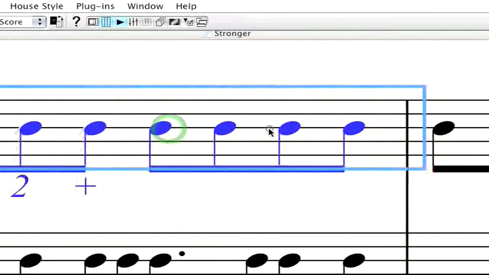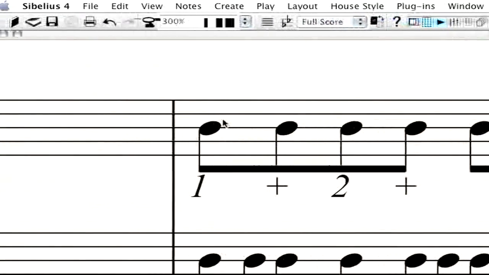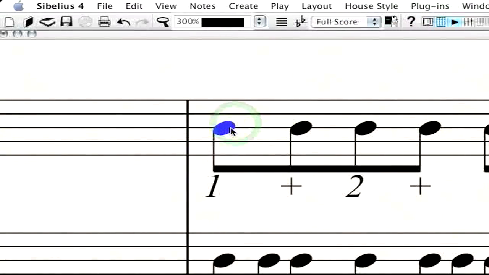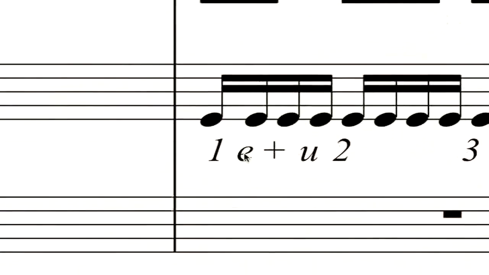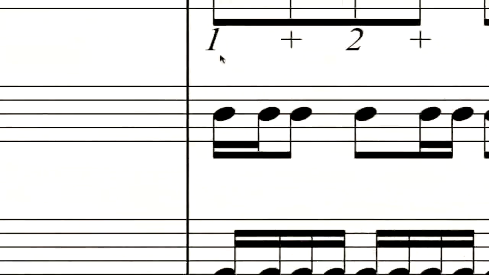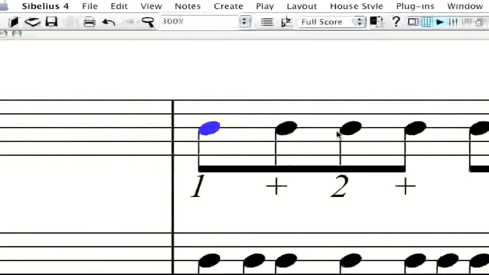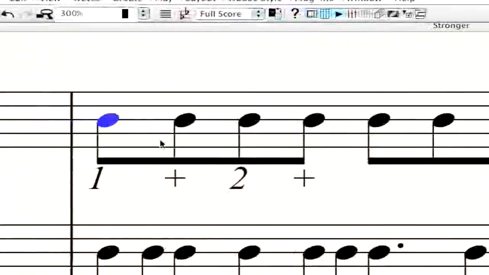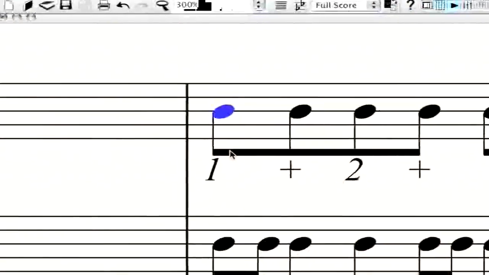3 and 4 and. All right, so now if I were to put another note in between there, that's where you get this E right here. All right, so if you were to make these 16th notes, it'd be 1 and 2 and 3 and 4. And now the thing that I wanted to explain real quick is that notice how these bars right